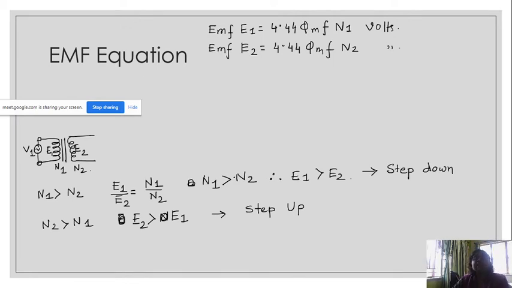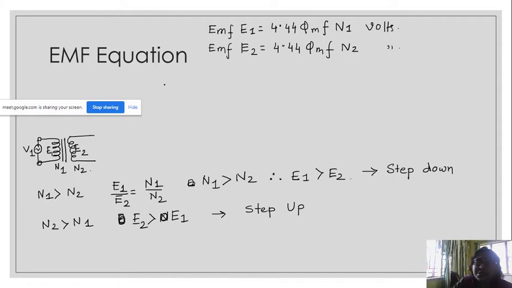Next, in a transformer, when it is transforming the voltage, you can step up the voltage by virtue of the transformer. But you know that there is conservation of energy. You can transform energy, but you cannot make the energy more. That means if something is more, something must be less. That is by the law of conservation of energy.